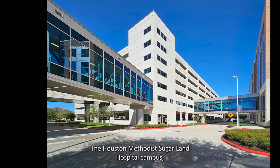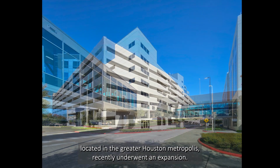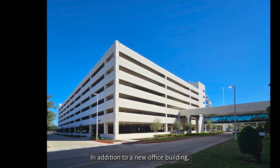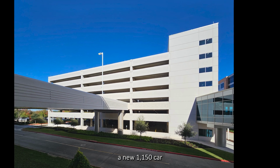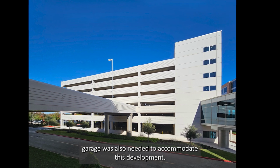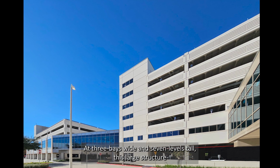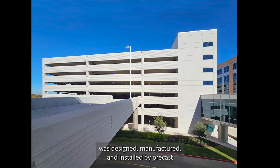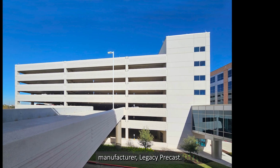The Houston Methodist Sugarland Hospital campus, located in the greater Houston metropolis, recently underwent an expansion. In addition to a new office building, a new 1,150-car garage was also needed to accommodate this development. At 3 bays wide and 7 levels tall, this large structure was designed, manufactured, and installed by precast manufacturer Legacy